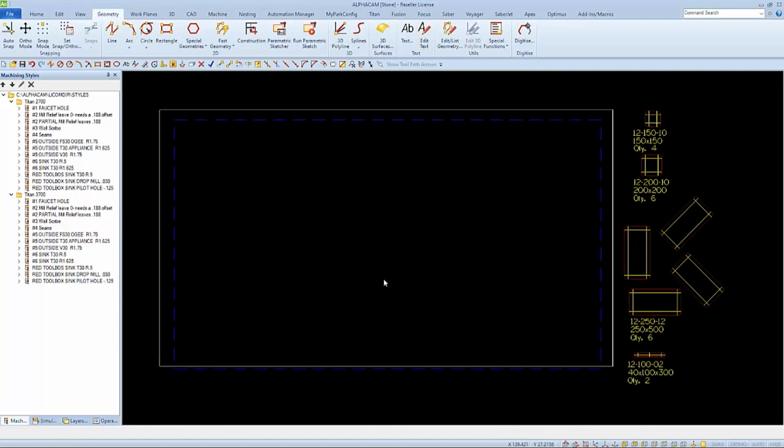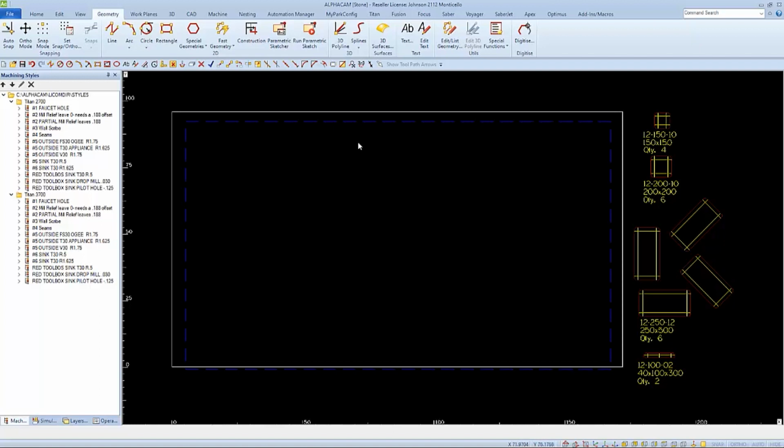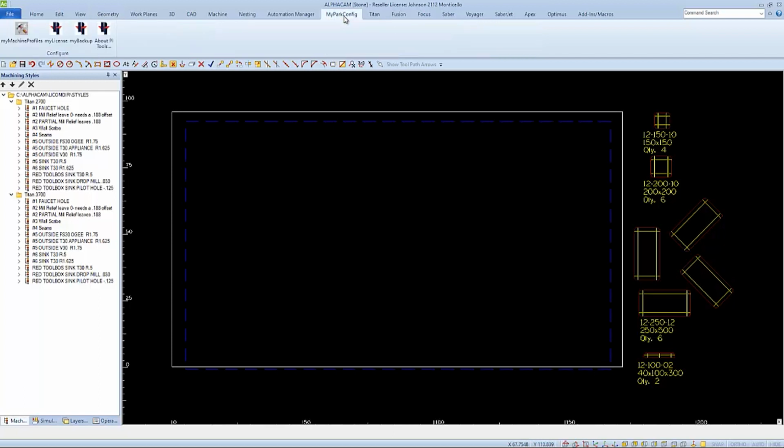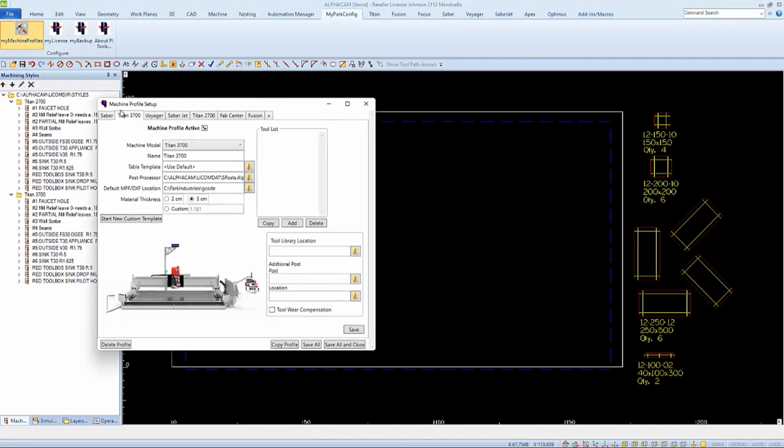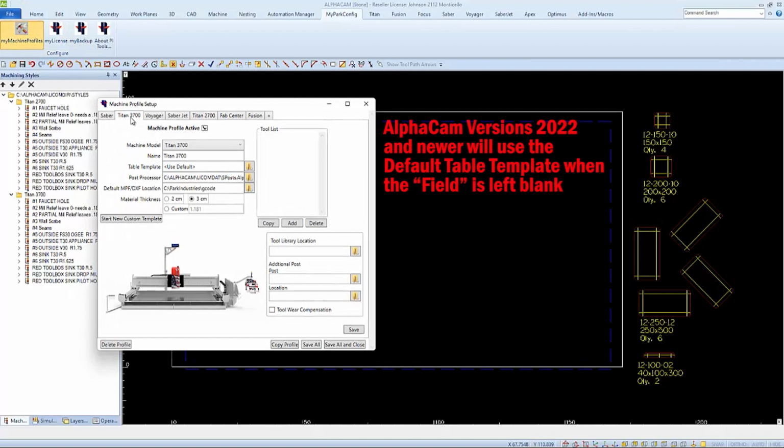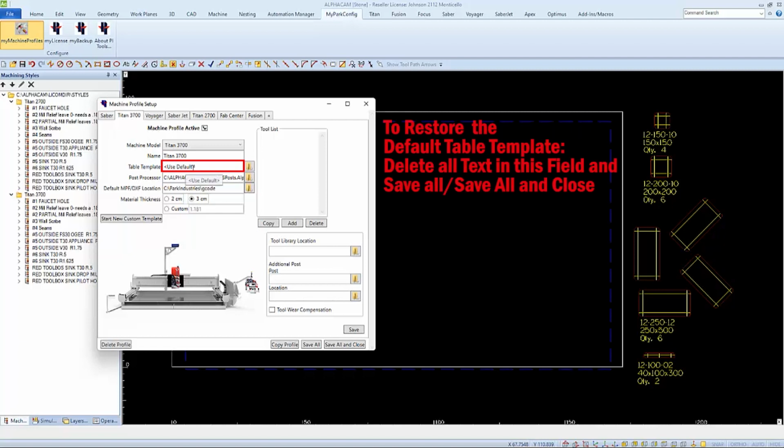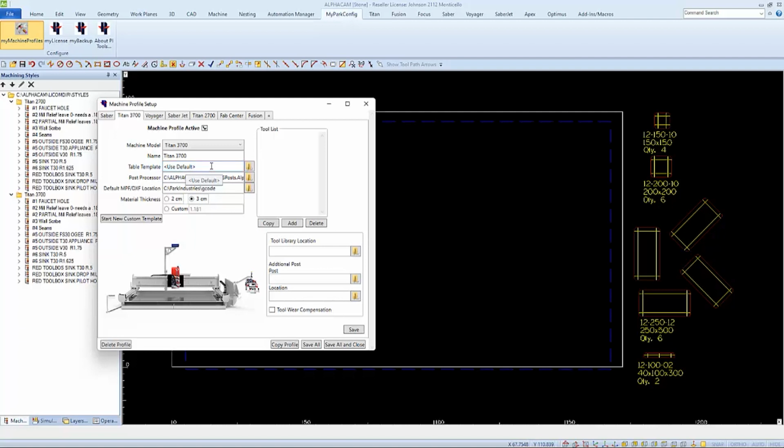When we've modified the template to the way we like it, we're going to save it. First, let's go see where the templates are usually saved by going to the My Park Config tab and then My Machine Profiles. AlphaCam versions 2022 and newer use a default template, but we can still go Browse to see the default location. We can save this template in any location just as long as we browse to it when